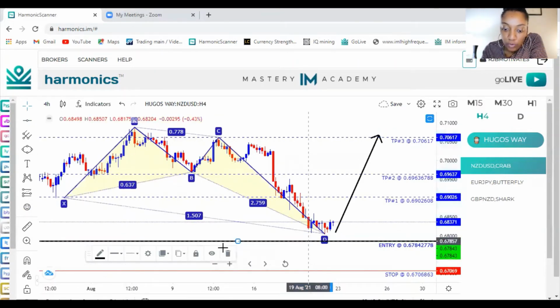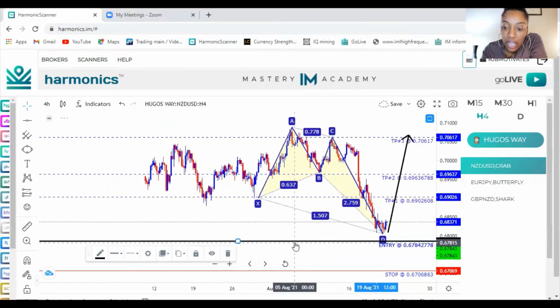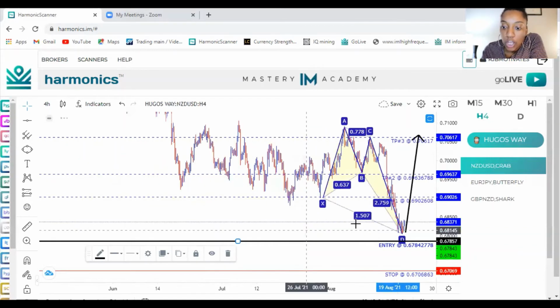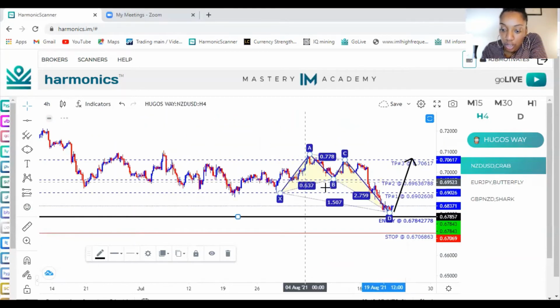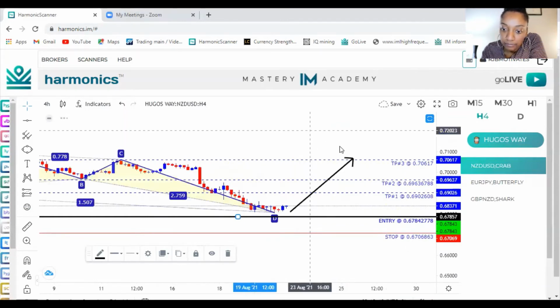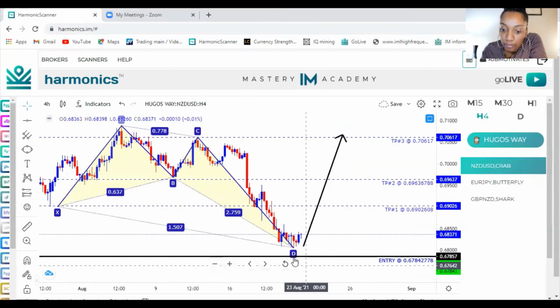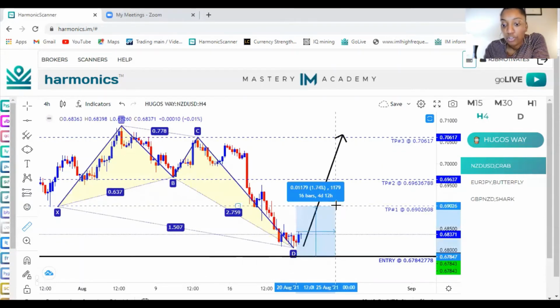But right here is what we call a support area. It is the floor, meaning price hit this area a couple of times, and that is why they called it for a buy on the 4-hour chart. So if price, let's reset this chart. If you got into the market right here and price made its move and you set up your trade so it can hit